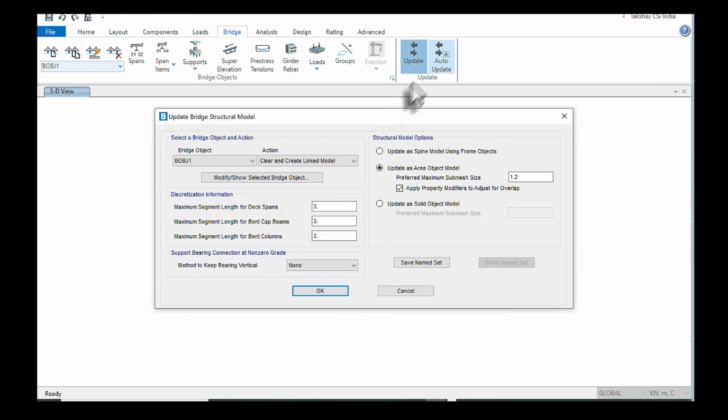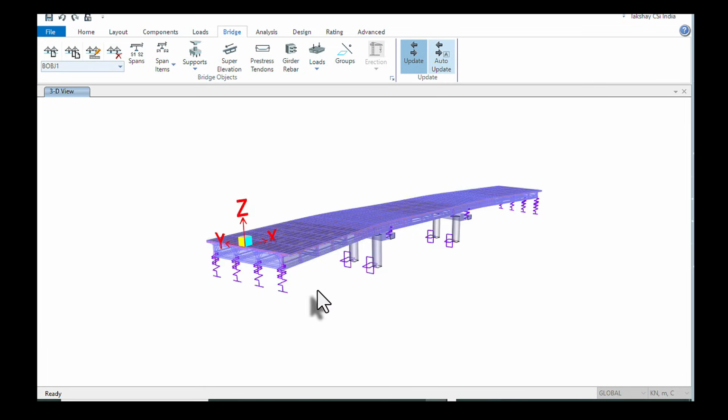We can also manually update it. We need to select the bridge object. This is the bridge object we have. And then the action which we want the program to take, discretization information, and then we have the structural model options with us. You can update it as a spine model using frame objects. You can update it as an area object model, and you can also update as a solid object model. If we click on solid object model,